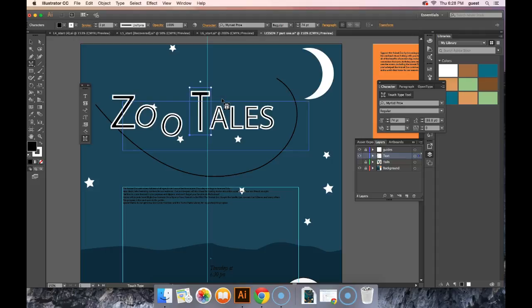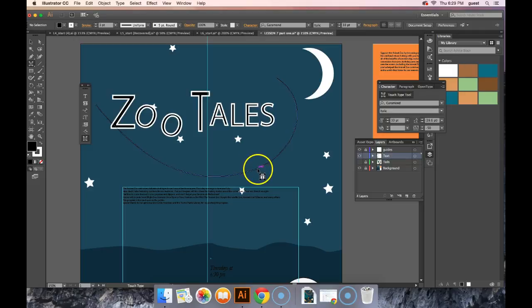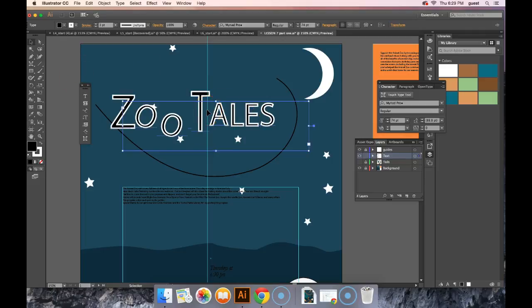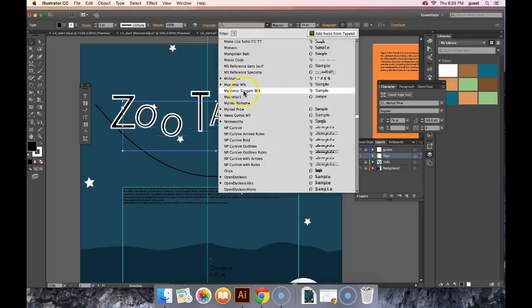And then we're going to go ahead and leave the tails, right? But let's bring that up a bit, and so on and so forth. And remember, you're working with one at a time here. And you can also go back and set them up to align vertically and horizontally if you need to later. And then we're going to select the Zoo Tails, the whole thing, and realize that you can still change